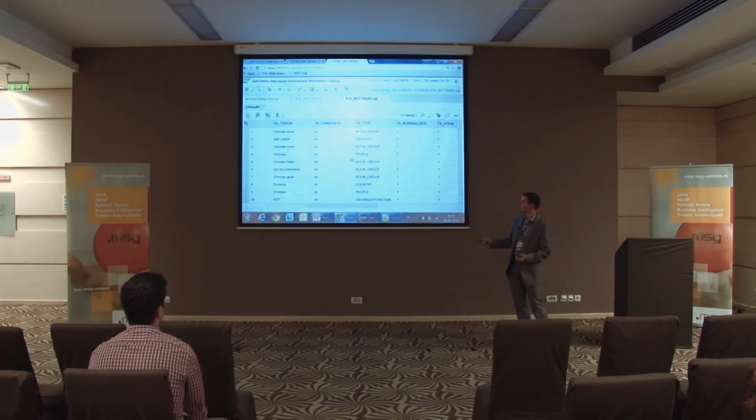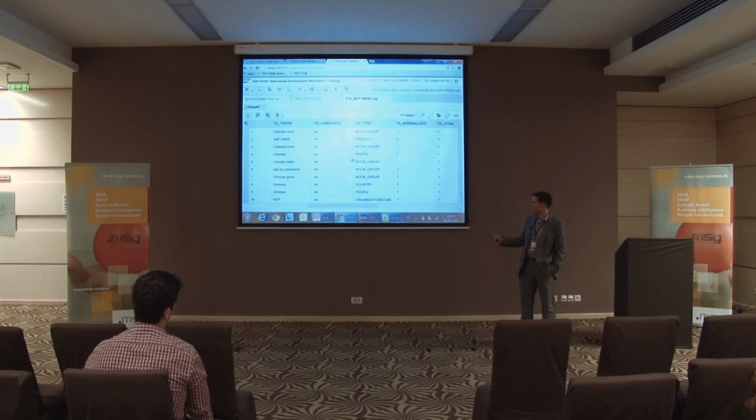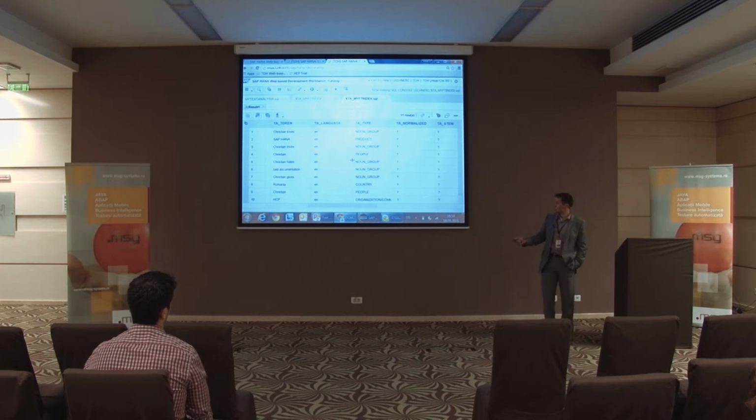You also don't have a complete tokenization, meaning you break the sentence down into its single elements, but you build logical groups. For example, Christian loves is a noun group. Bad documentation is a noun group. As you can see here, Romania is a country. What is quite interesting is HCP, HANA Cloud Platform, is recognized as an organization. That's, from my point of view, quite interesting that that's part of the standard configuration.